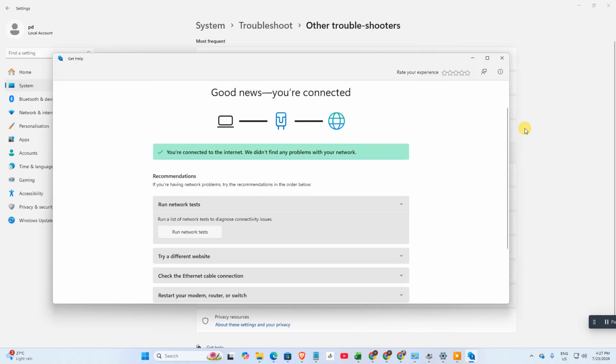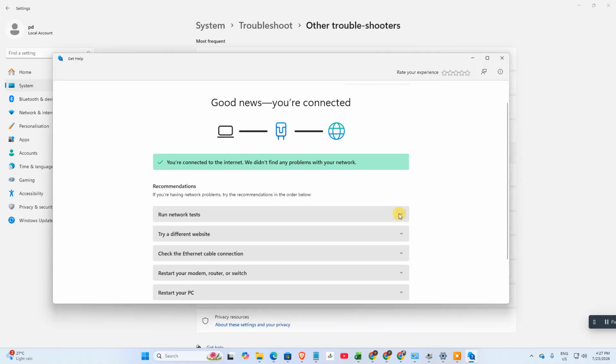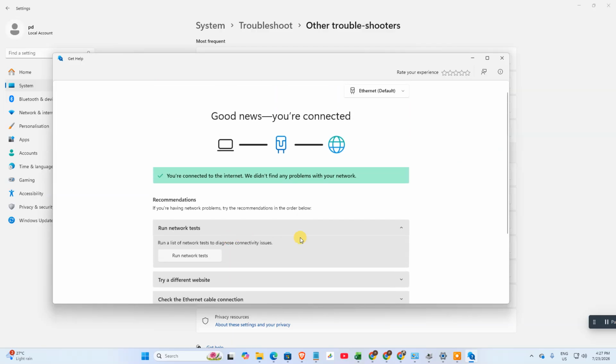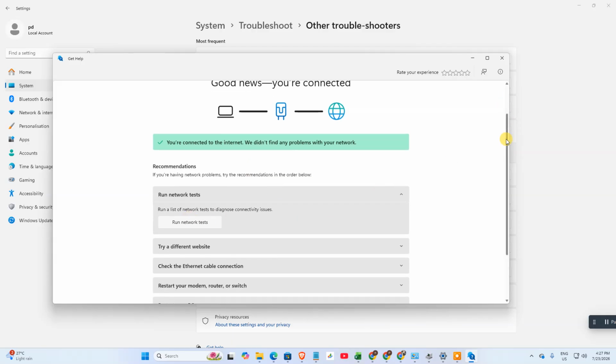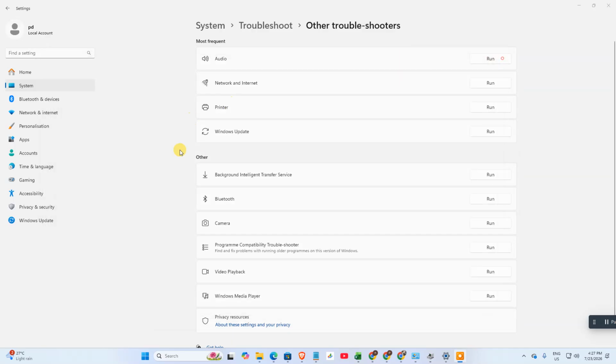If your adapter is not detected, maybe here you can see the option called enable Wi-Fi adapter, so you need to enable it. Okay, I don't use the Wi-Fi, I use the cable connection. So if you are using the Wi-Fi adapter, then maybe you have seen that option to enable the Wi-Fi adapter, you need to enable it. The second method is,